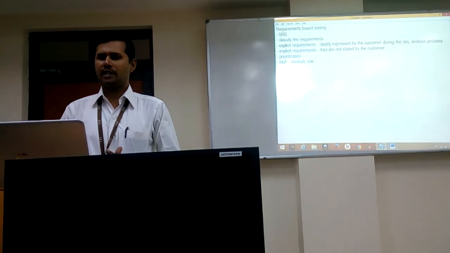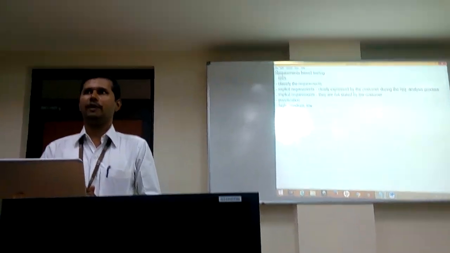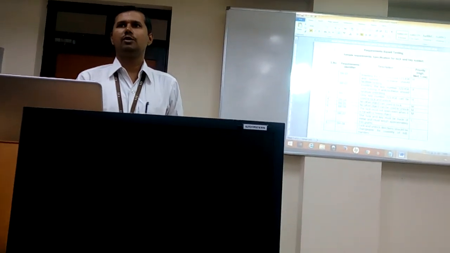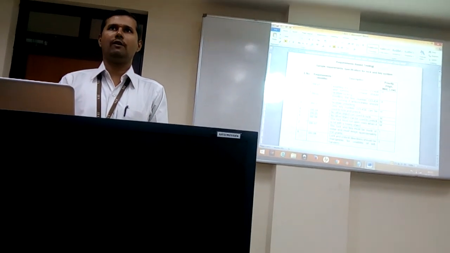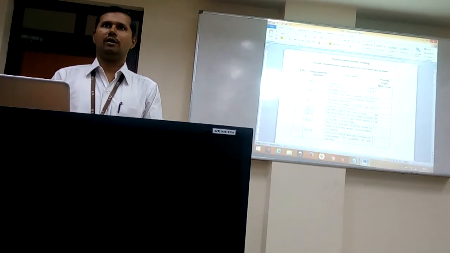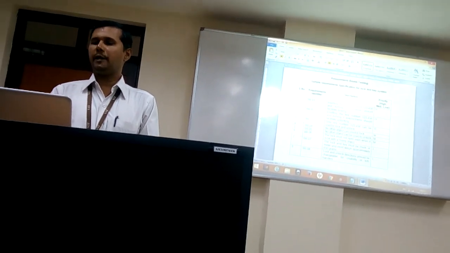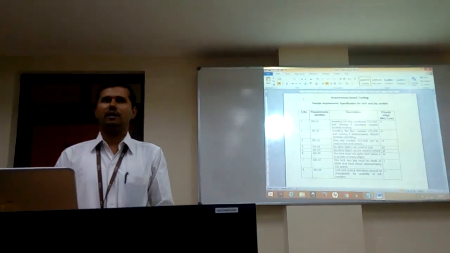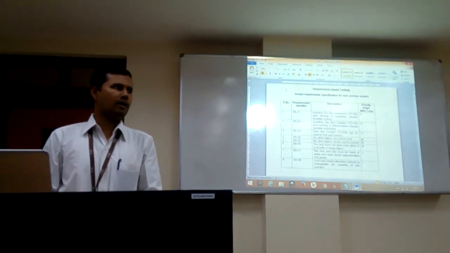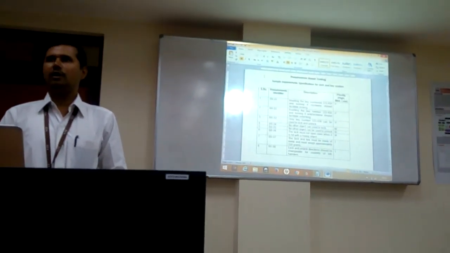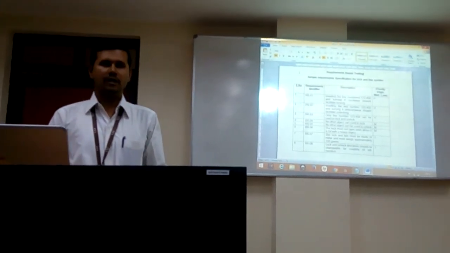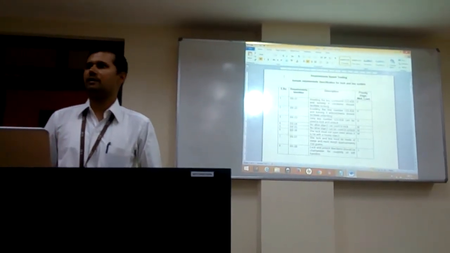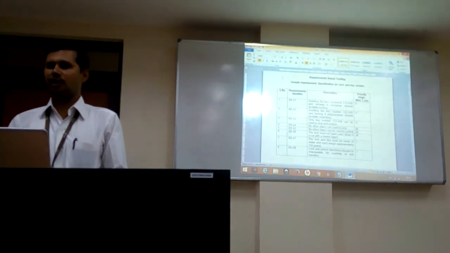As far as requirements based testing is concerned, say the application is a simple lock and key system. Say for example, you are developing a product and you are going to test it, and the application name is lock and key system. Already we know how to open a lock and how to close a lock, right? So our task is to design test cases for this particular application. This could be the content of your SRS document. It may have the following fields.